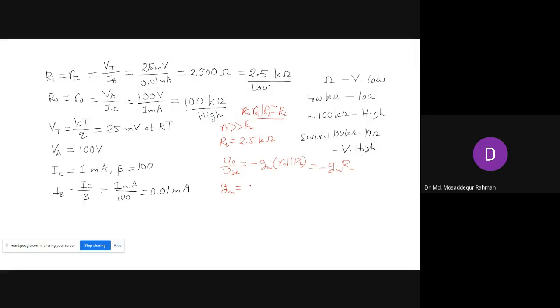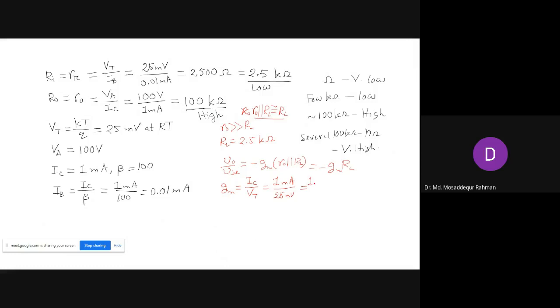Can anyone tell me? gm is IC by VT, right? And IC we have taken as 1 milliampere, and VT is 25 millivolt. Now here gm is expressed in ampere per volt,